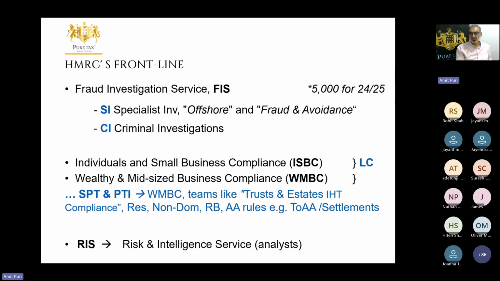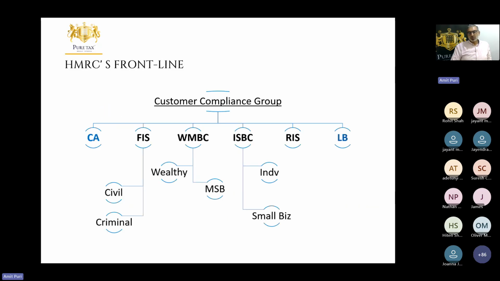On last check, when I looked at it, there are about 28,000 staff working in the customer compliance group, and I'll show you a picture of it in a minute. But it's important to note, HMRC is only now 67,000 people. So that number represents nearly half of everybody at HMRC. Some will be surprised, thinking that actually 67,000 people, why isn't everybody frontline? But you'll be surprised. There is a lot of strategy resource at HMRC. There are lawyers, there are analysts, there is the education part. It's much bigger than anyone thinks. It's probably too big, to be honest with you, quite bloated, but that's a different conversation.